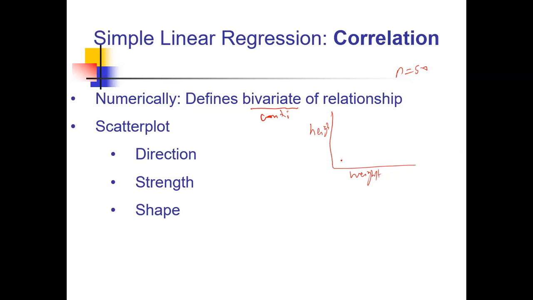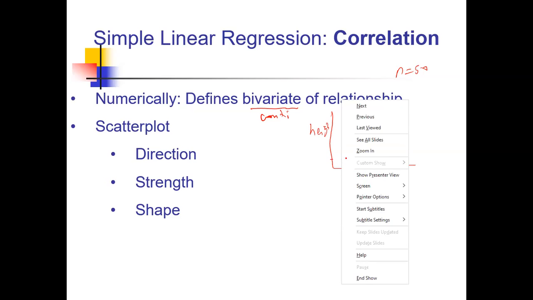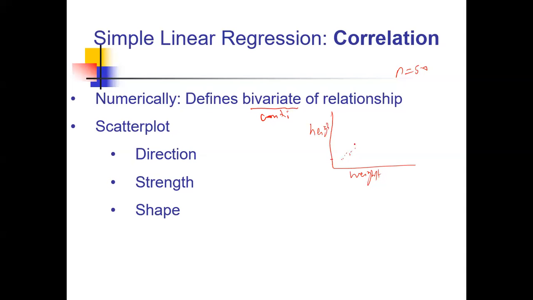So you pick each person to match wherever the height is and wherever the weight is. So at the end of the day, you have these dots all over the place, and this is called a scatter plot, right? So this will be for a relationship where they are going in the positive direction. So in terms of direction, this will be positive,